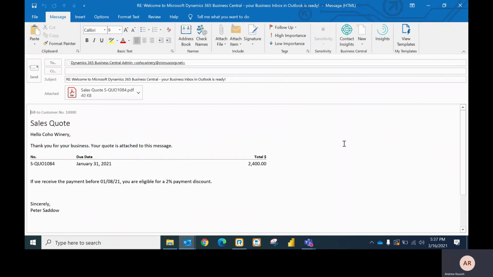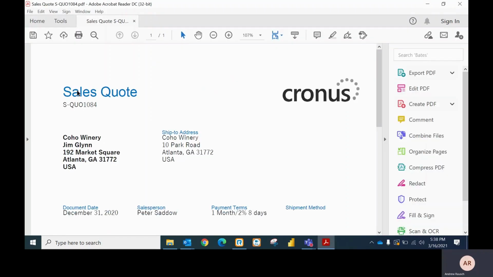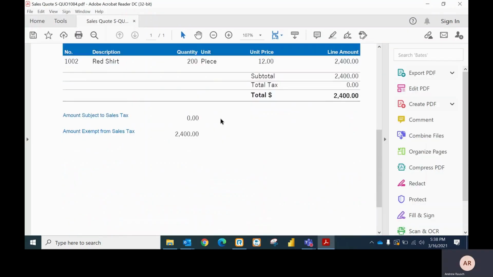And here we are presented with a summarized version of our sales quote in the body of our return message, but also Business Central's provided us with the fully executed PDF version of the sales quote. So very, very cool